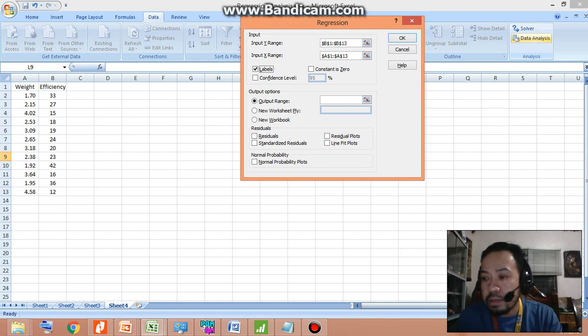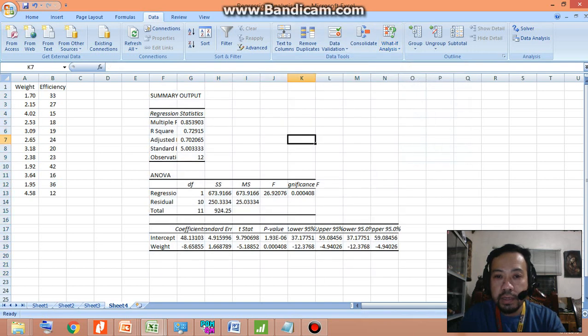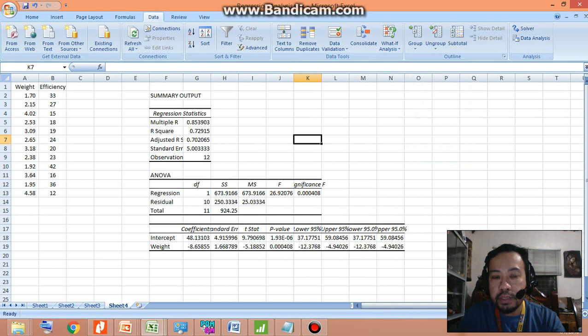And then sa output range, itututok mo siya kung saan mo gusto. Let's say dito sa portion na to, dito lalabas yung data. Then click OK. So makikita natin may lalabas na summary output. So makikita natin dito yung sa regression statistics,